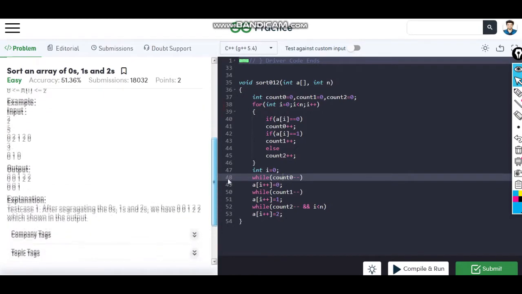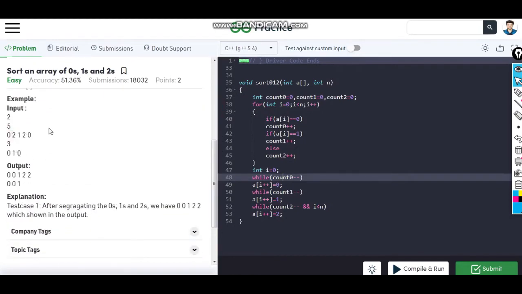So let's say we have an array of 0, 1 and 2 and we have to sort it. It's easy, we just have to apply sorting. So you have a brute force approach to sort it, and also you can use the sort function, but the time complexity for that will be order of n log n, where array is the variable used for the array and n is the size of that array.